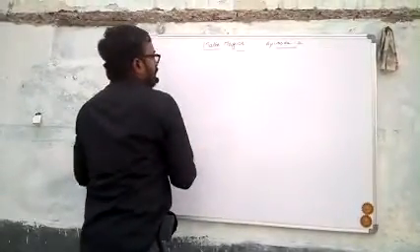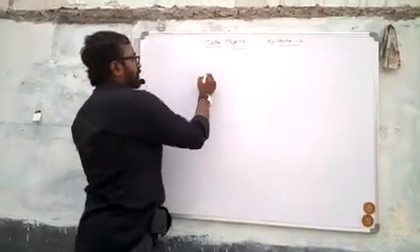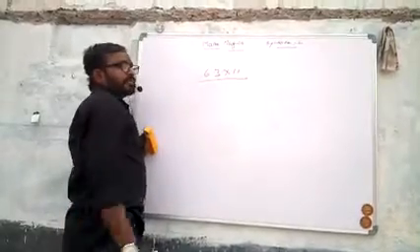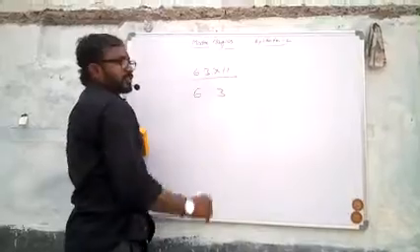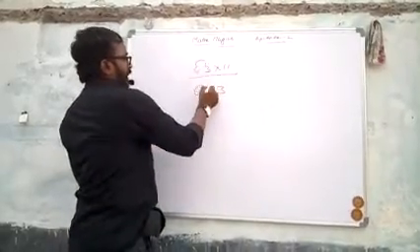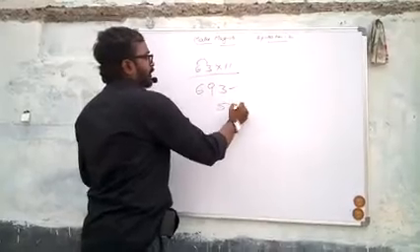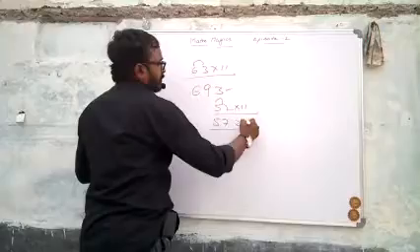Similarly, if you want to find the product of any number with 11, multiplication with 11, for example 63 into 11, we are able to solve the same very easily. Just simply write 63, 6 plus 3 is 9, right? 9, that's all, the answer. For example 52 into 11, write 52, 5 plus 2 is 7, that's all the answer.